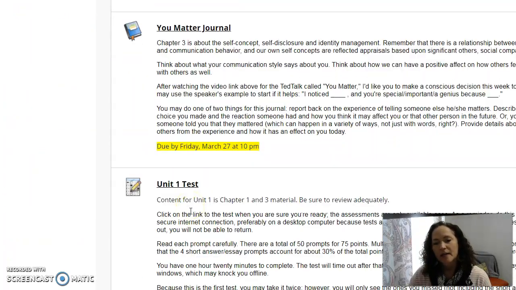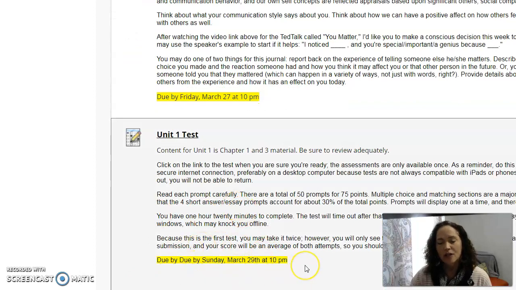And then of course, by the end of the week, Sunday, you have your Unit 1 test. So read the instructions here carefully. For this very, very first one, you do have the option to take it twice. That will not happen on other unit tests, but I know that sometimes it's difficult to prepare for a test if you've never had one in a class before, because you don't know what kinds of questions are going to be on there, or how the instructor is going to word the questions and that kind of thing. So just to help you out a little bit, there is an option to take